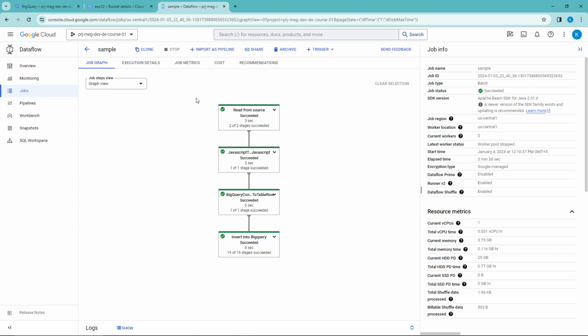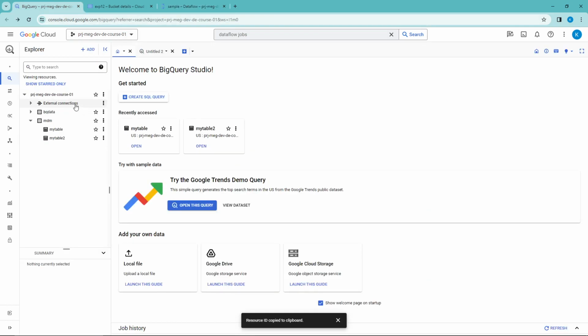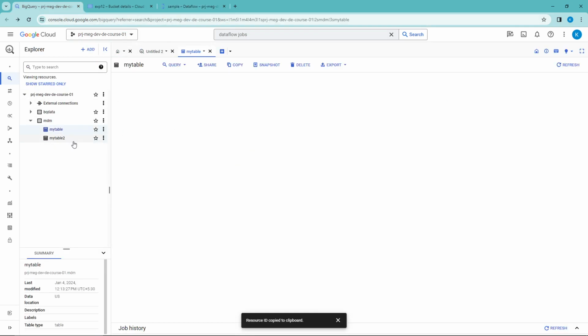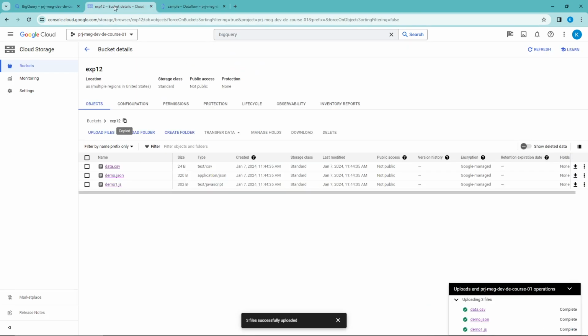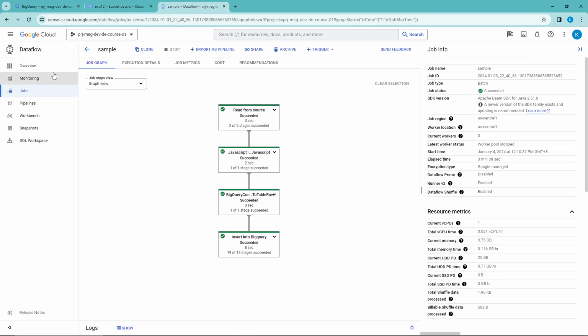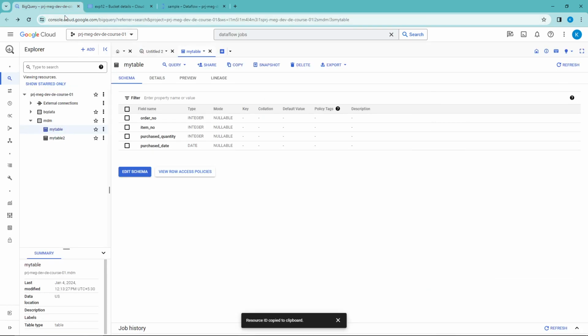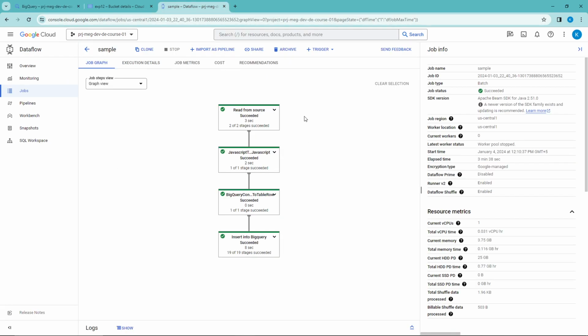After the complete execution, this will be shown on your screen. And for the complete verification, you just go to the my table part. For this sample Dataflow job, I have created my table, and for the one which is in the running status and will take some time to complete, the output will be stored in my table too. But you can take the reference as I have already run the pipeline or the Dataflow job,